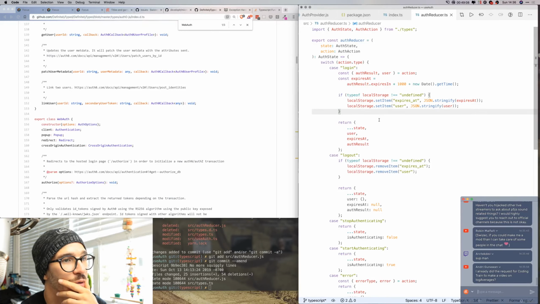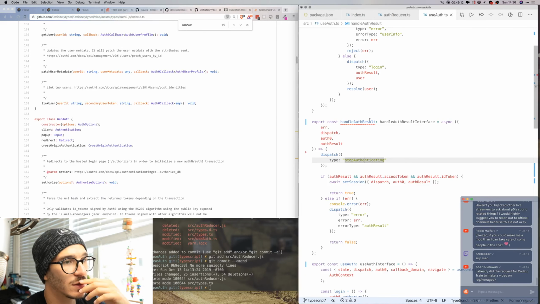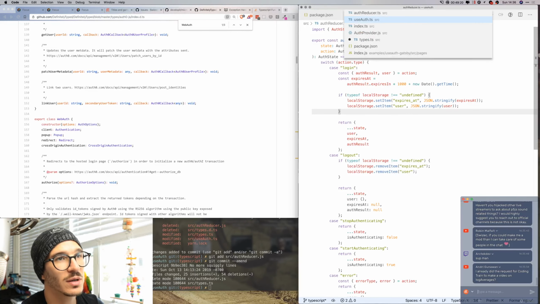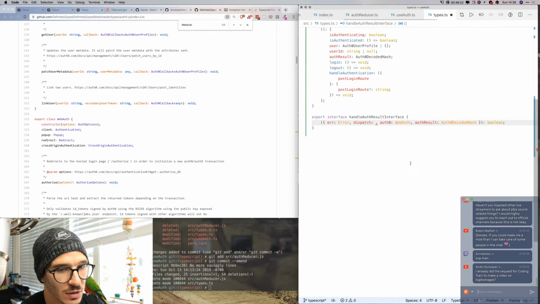So let's see, where was I? Use auth, handle auth result. This what? Type error dispatch blah promise boolean. Oh yeah, because it returns a promise boolean. Types.ts, promise. So Andrew, I would really recommend that you go to